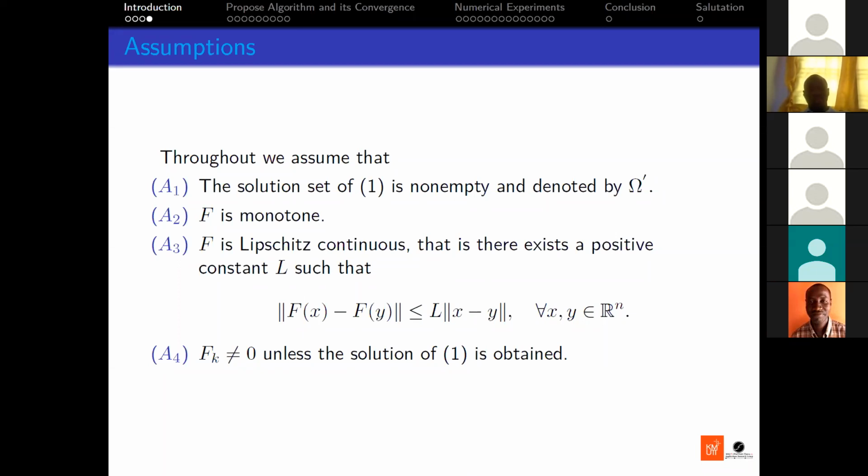It's monotone. Okay, I understand what you are trying to say. So you don't really need the... We don't need the assumption A1 now because it's automatically non-empty. I think so, if F is a gradient of a convex function. Okay, I will try to do some research on that to confirm. So in that case we don't need to be putting the assumption A1. You can just keep it.